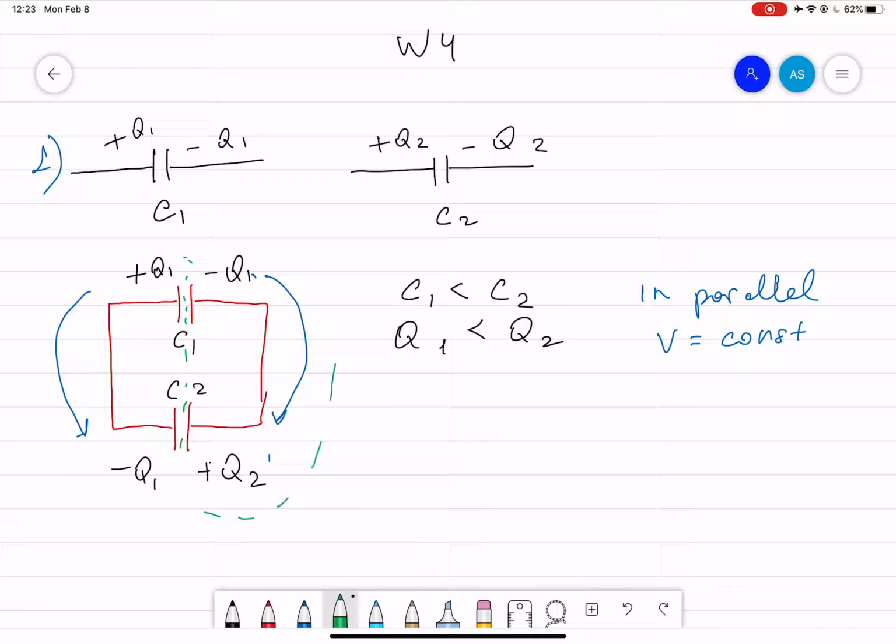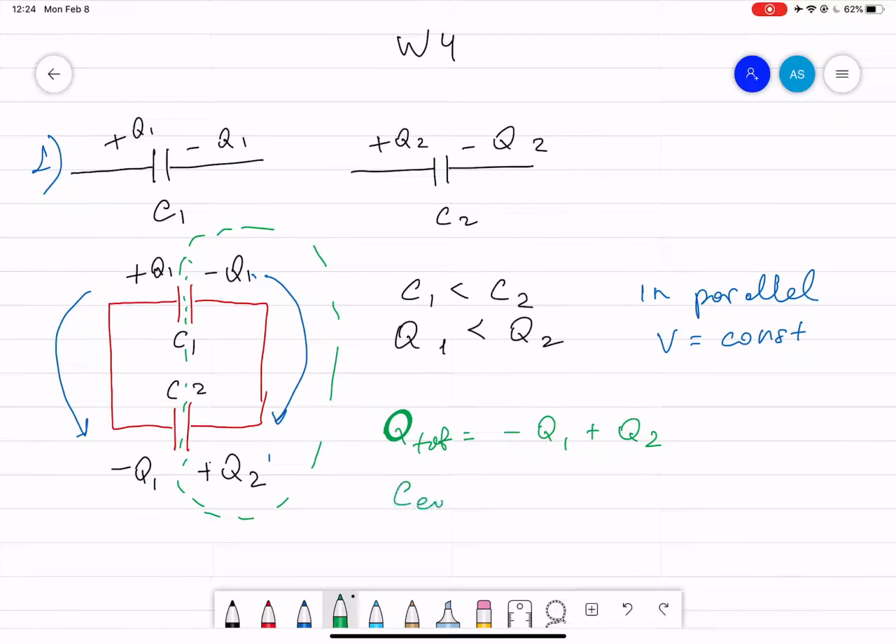If you take this half of it, then what will be the Q total? Q total will be minus Q1 plus Q2, because they will start rearranging and they have to be added up. Now if that's the case, if the V is constant, then we know that